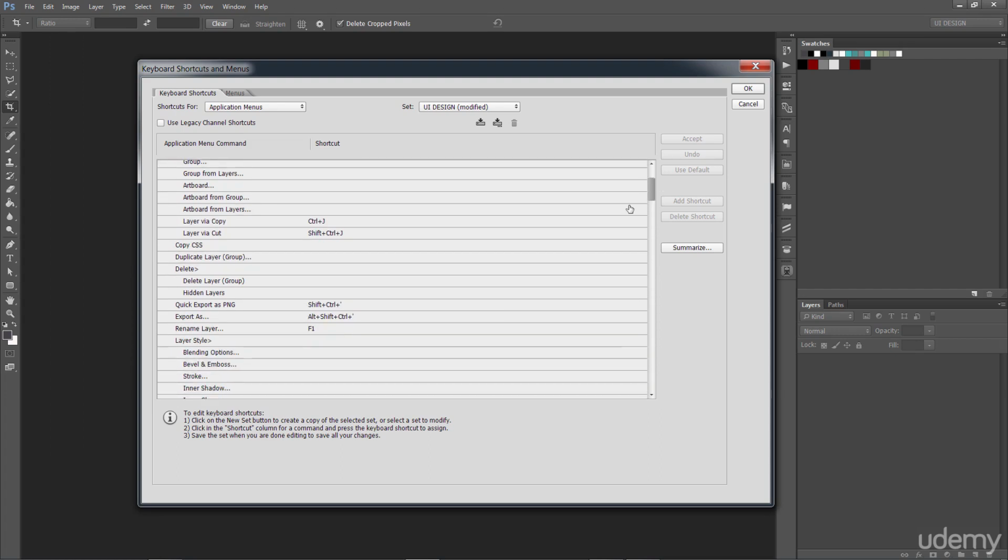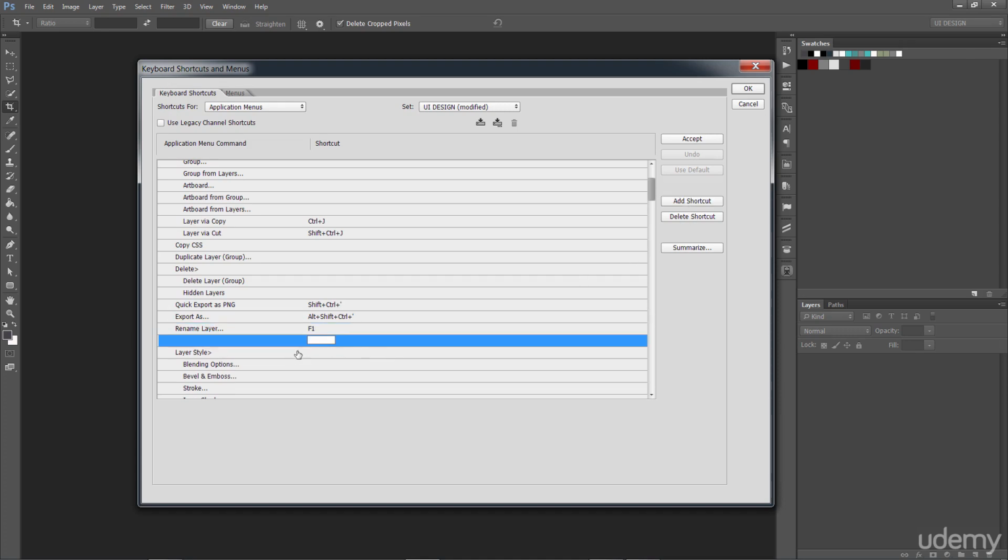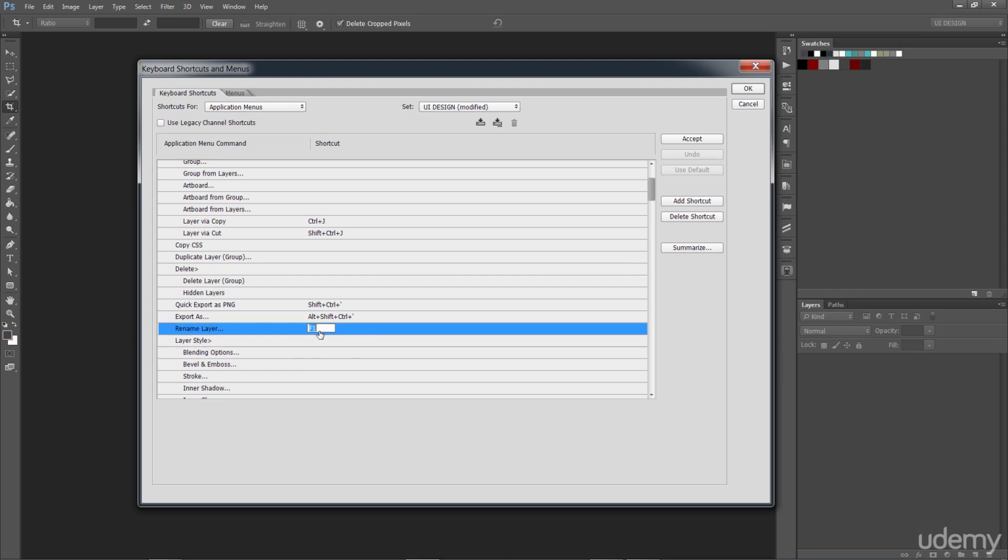Okay, now we are going to first of all go to this Rename Layer, because we are not going to use Photoshop help from time to time, so we are going to set the F1 function key for this Rename Layer. So I'm going to press F1 and then add shortcut. You can add one or multiple shortcuts, but let's keep it that way. Okay, first set this to F1,